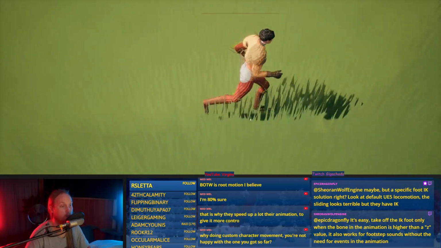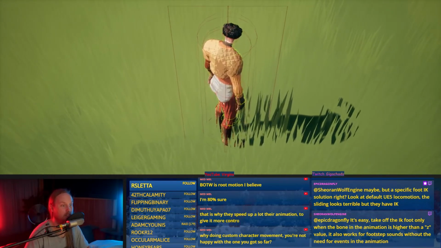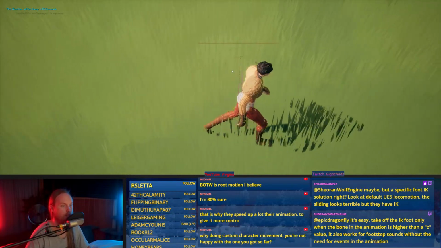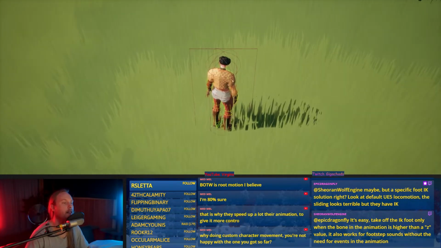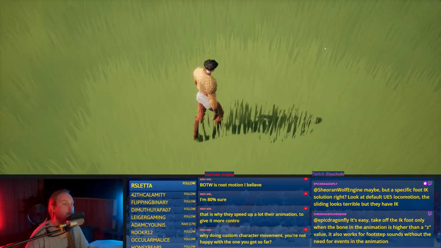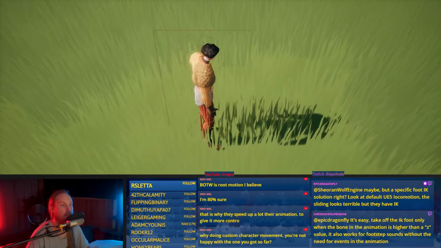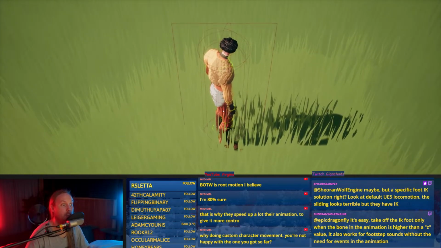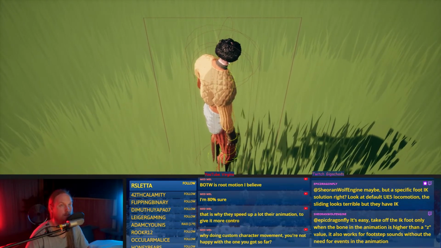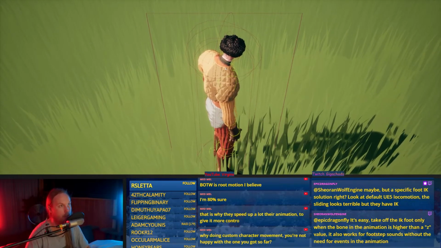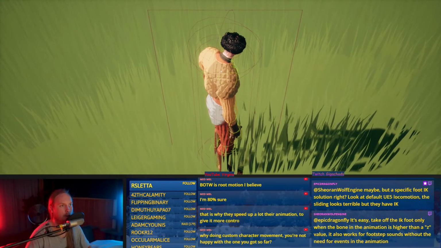So we have 23, 24 capsules per character when we can just have 2 and do all of our basic collision that way. When a physics object hits our character, we can have it collide against the capsule and then get the closest bone and deal damage that way, rather than actually colliding against character collision.